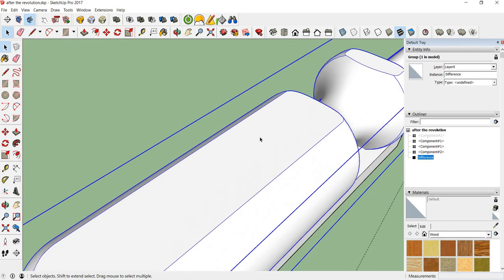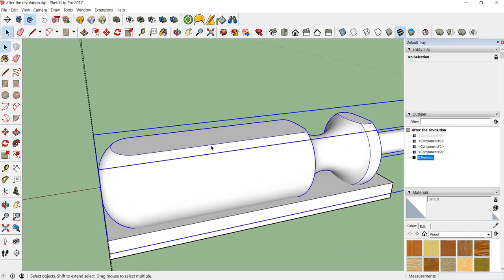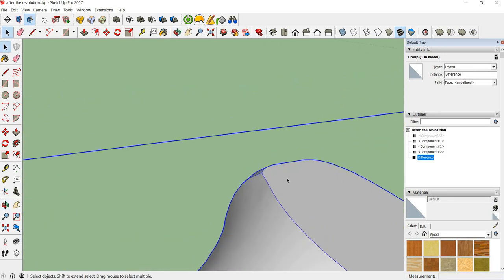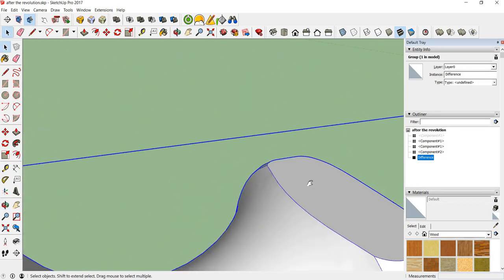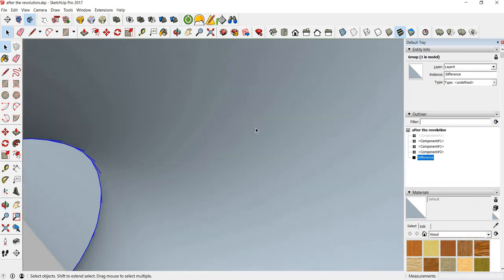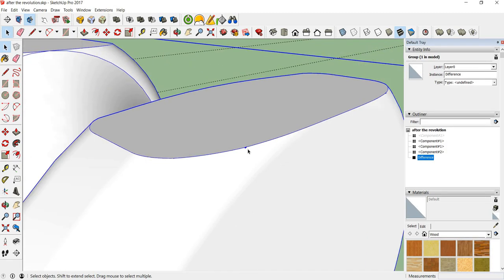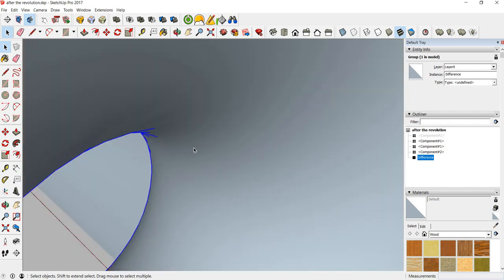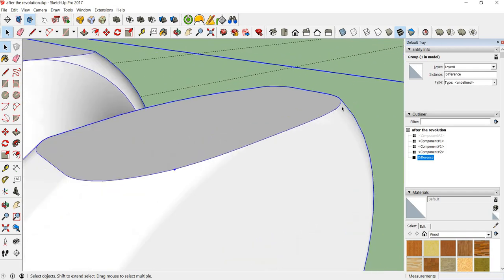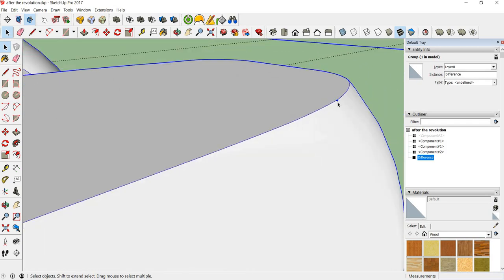And I do not see anything with surface borders going on. If I zoom in, ooh, yes I do. These little guys right here, see that? So apparently there's 6 of these little things running around, and we've got to find them all. There's another one. So why does this happen? It's probably because this might be a tiny face issue,